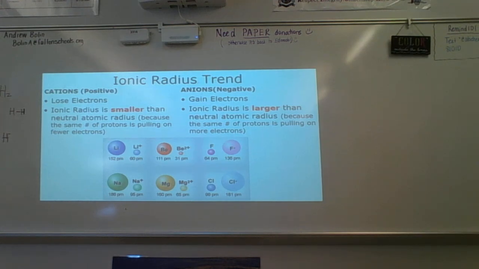Lastly is the ionic radius trend. So we talked about the radius being half of that distance. Cations are positive, and that's because those are losing electrons. It's losing that negativity, so that's why it's going to be more positive. So an ionic radius is smaller than a neutral atomic radius because the same number of protons is pulling on fewer electrons. Versus an anion, which is negative, and those become negative because those are gaining electrons. They're taking on more electrons. The ionic radius is larger than a neutral atomic radius because the same number of protons is pulling on more